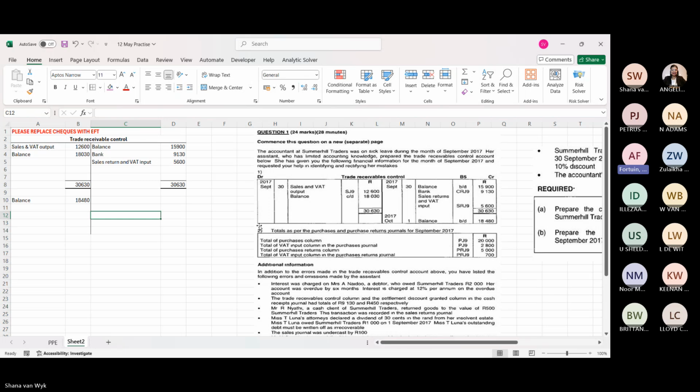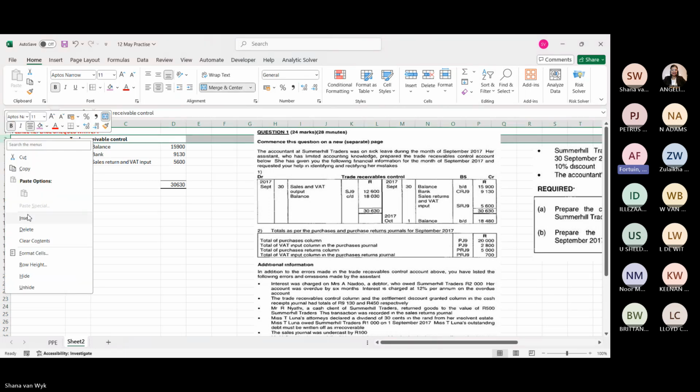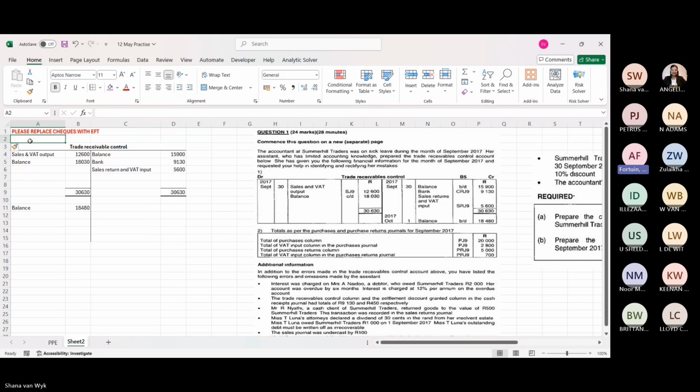Okay, Shana, firstly, can you make another line there somewhere on the right: trade receivables is an asset account, so everybody knows. On the debit side is inflows, increases, or rather put increases there, and on the credit side is the decrease. You're going to decrease your trade receivables control account.